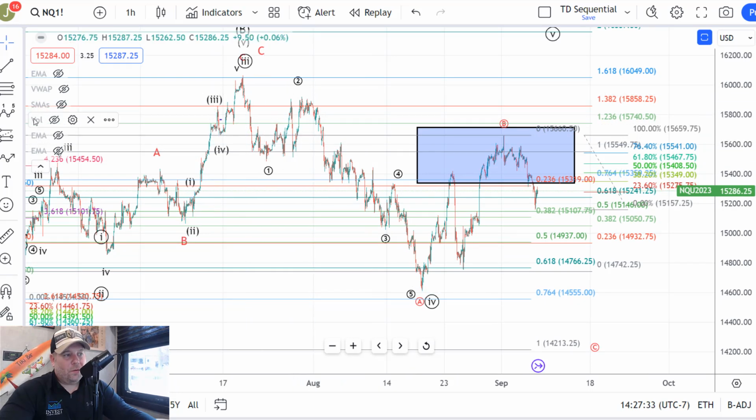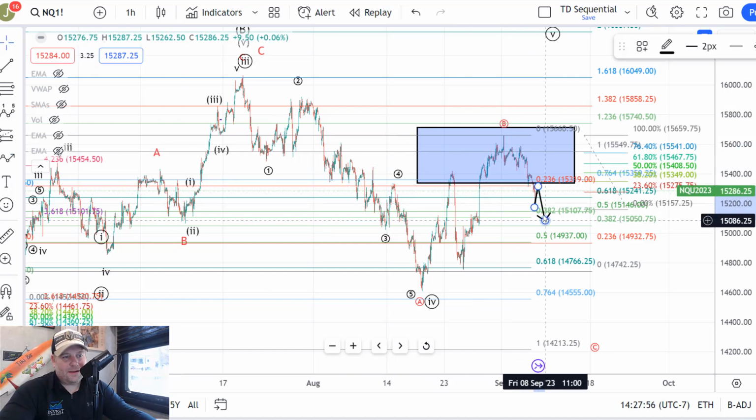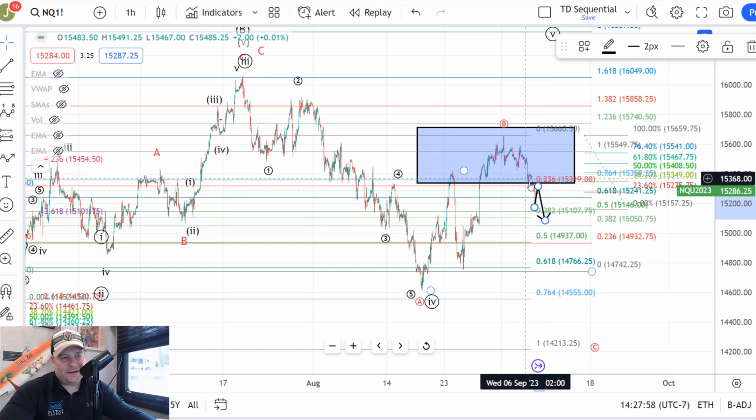So with the break of the pivot on the NASDAQ, that 15,241 area did break, and then they bounced back up to test it. We have the same issue or look where NASDAQ still kind of needs a 4 or 5 here. They've got the 4, they need a 5 down to kind of complete this move, and that would be in conjunction with ES doing the same thing. So this move up would be wave 4, and then you'd look for 5, and NASDAQ doesn't really have a good 4 or 5 here. It's okay, it's not great,